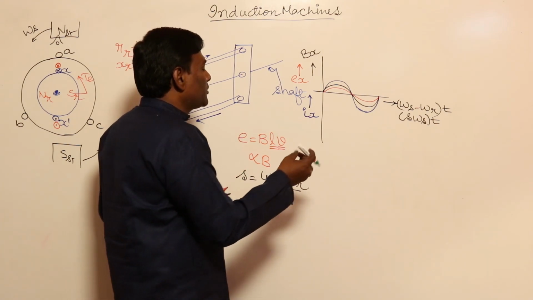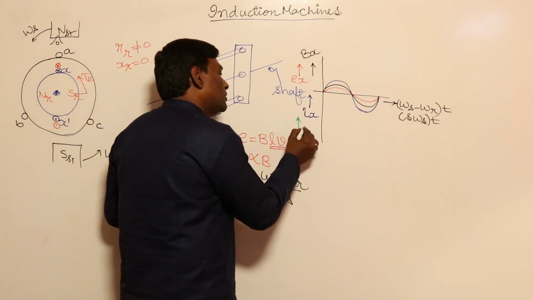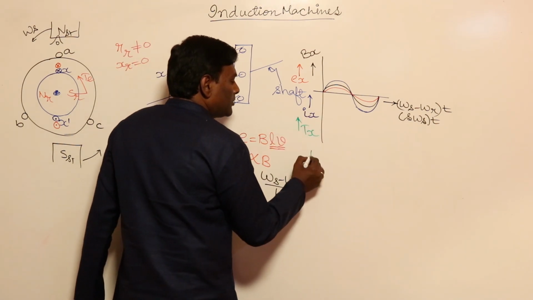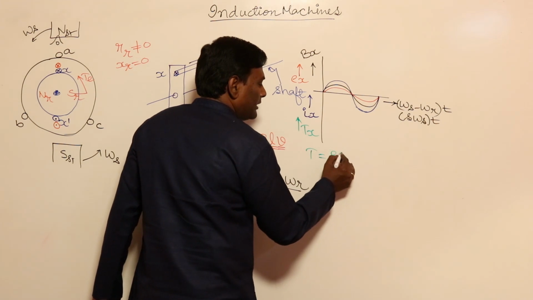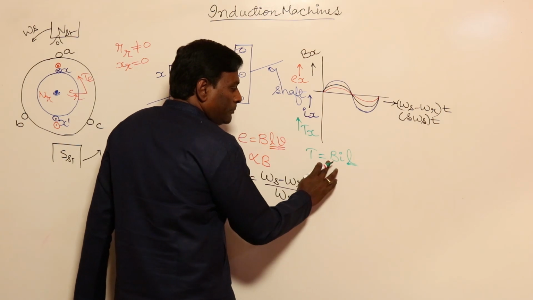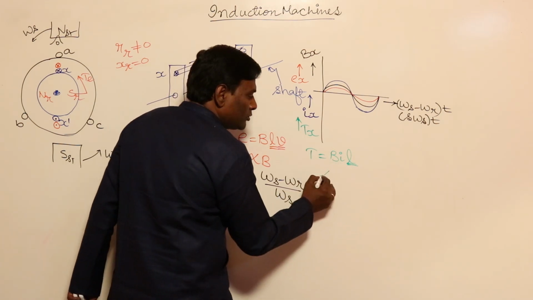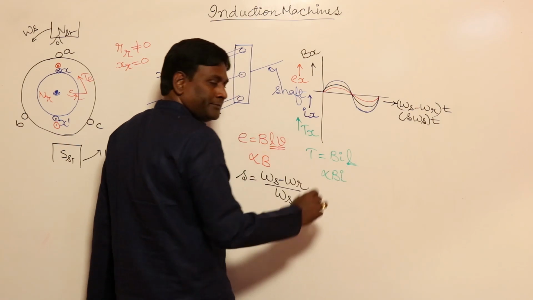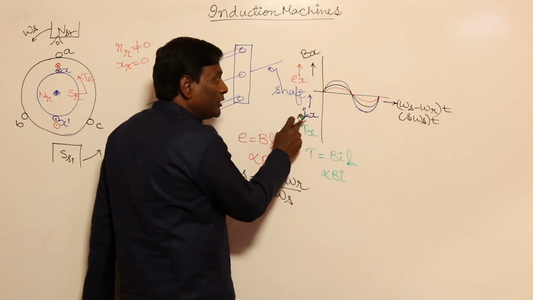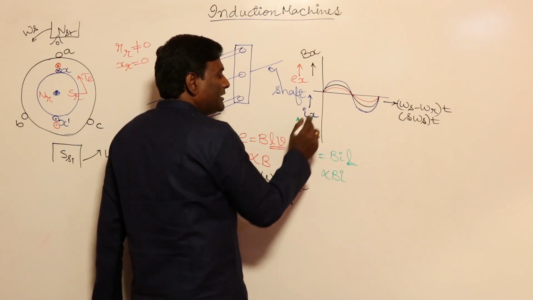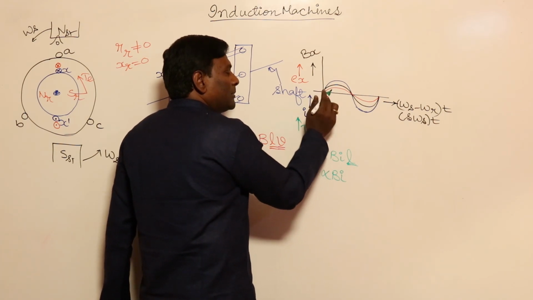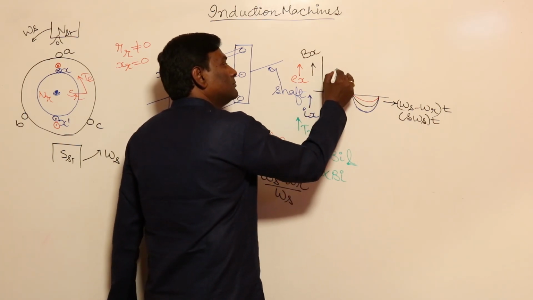Now let us think of torque developed in X conductor. Torque developed equals B I L. Removing the length of the conductor, torque developed is directly proportional to B I. Flux density and current will produce the torque. So if I think of torque developed because of X, sinusoid multiplied by sinusoid: 0 multiplied by 0 is 0, positive max multiplied by positive max,